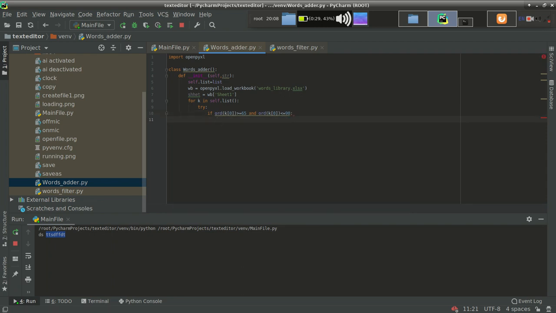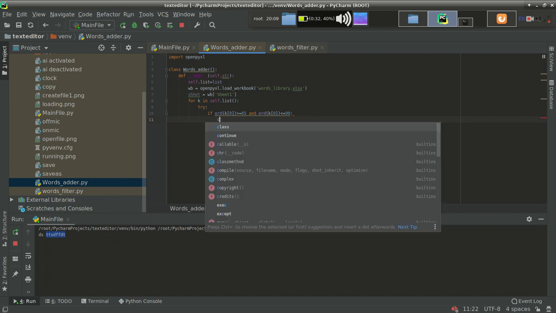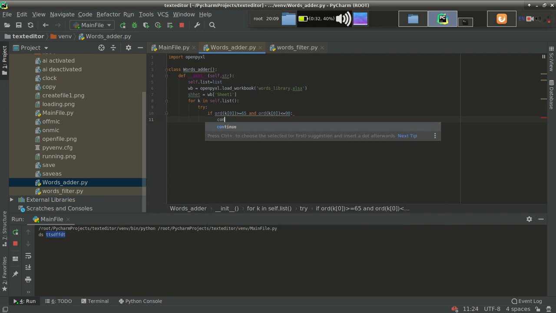Suppose that it finds that yes, you are right, the first letter of that word is a capital letter. So for doing that, we are making a special variable, that is const for subtraction. Actually I am making a constant variable for achieving the concept which I told you, that I want to add words starting with a into the first column, starting with b into the second, starting with c into the third.